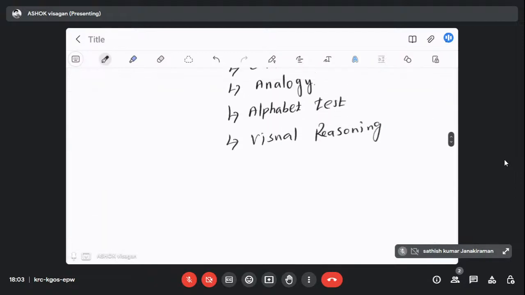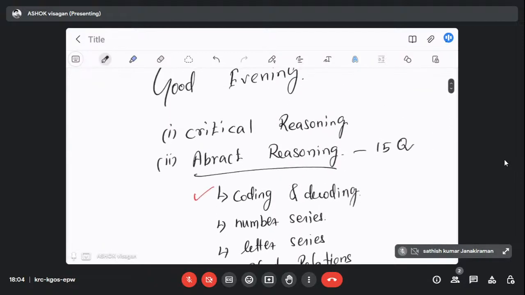Generally speaking, if you have 15 questions on reasoning and 18 questions on critical reasoning, altogether it's 33 questions. You cannot solve all 33 questions. That is not possible. Somebody may have a doubt how many questions we need to solve. In the entire cognitive area, which contains critical reasoning, abstract reasoning and verbal reasoning, we'll have 17 more questions from the verbal part. Now out of these 50 questions,